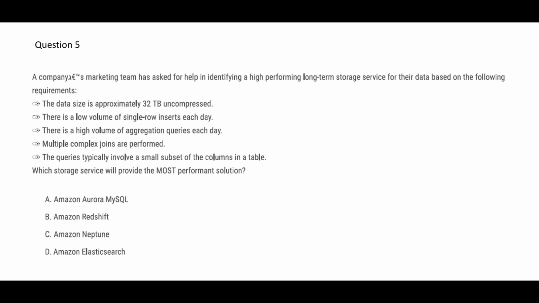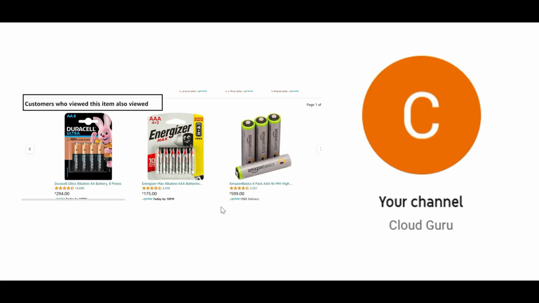So what is Neptune? Have you seen these recommendations from Amazon.com or Amazon.in? You see, customers who viewed this item also viewed this. How is this done? This is done by using a graph database. Neptune is a graph database. It links the data sets in terms of nodes, and the moment you buy something, it tries to establish a relationship, and then it says a person who buys this is also likely to view this and buy this.